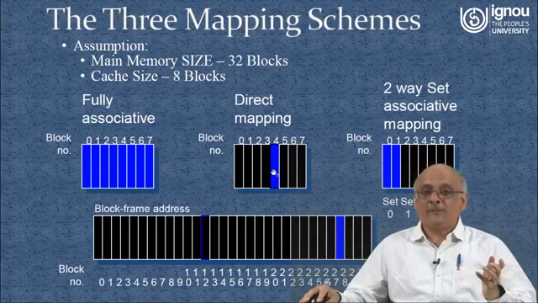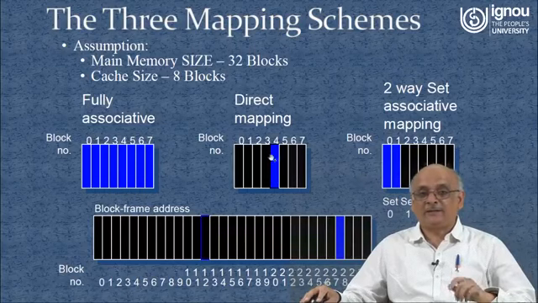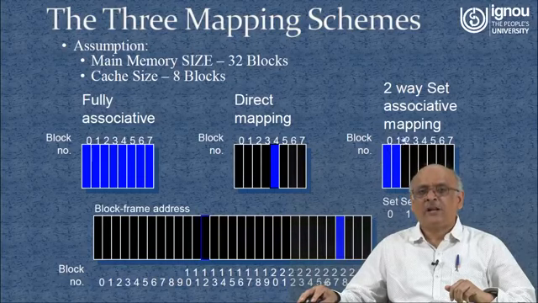If it is not there, then obviously the CPU has to access it and bring it here, and then get it for its processing. And if it had been set associative mapping, then all these 8 get converted into 4 sets. So there are only 4 sets available to us, and these are the line numbers of the cache. Suppose this is set 1, this is set 2, this is set 3, and this is set 4. So what we are going to get is that it can be either in this particular line or this particular line of set 0, any of the 2 lines.